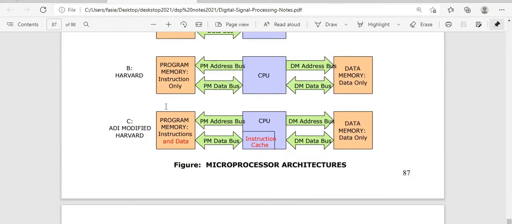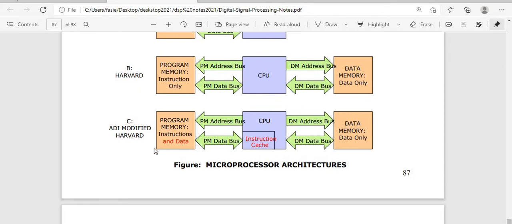As you can see here, this has two things. One is for program memory instructions only; another is program memory instructions and data. For both ends it performs the instructions using ADI. Similarly here, it is used for data memory, for data passing in that particular instruction. We also have a CPU here. What is the CPU's functionality? It performs using the data memory and instruction memory. What is the next part? We have a cache. What is the use of the cache? It takes the instructions into consideration; only then does it perform that particular task.